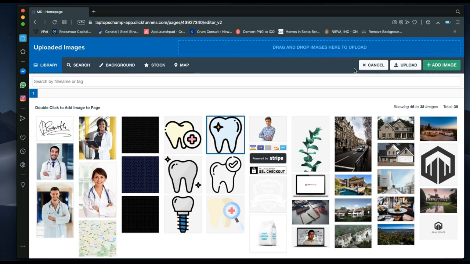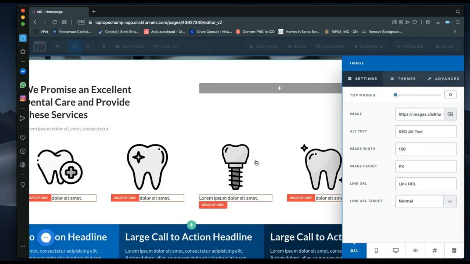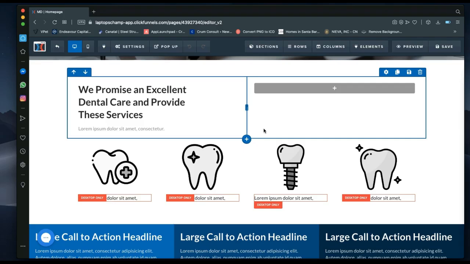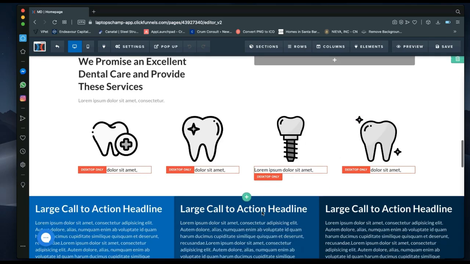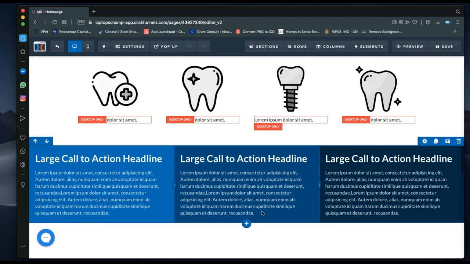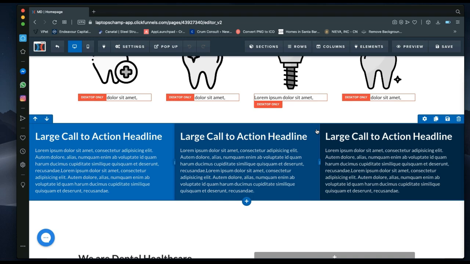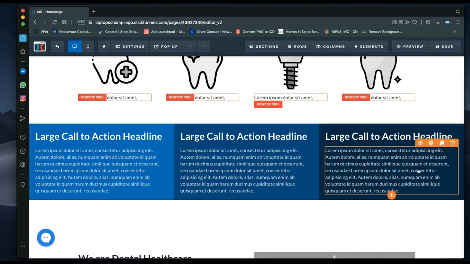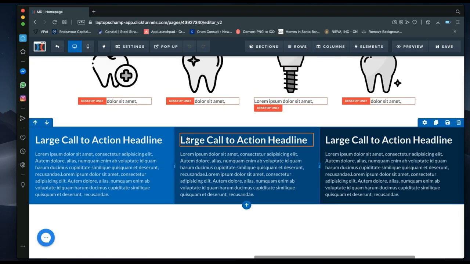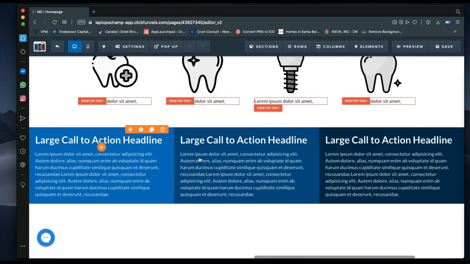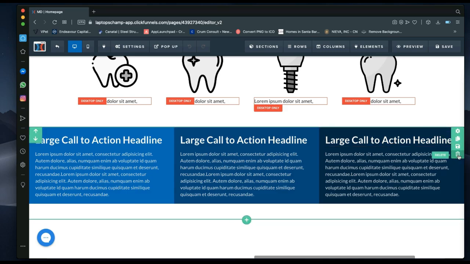Okay, so if you've got better icons you want to use, you can download them from Flat Icons. That's where I get all my icons from, Flat Icons. They are also free, so you have no problem with that. Okay, so you want to add some text here. It could be whatever it is. It could be little testimonials if you want, or a bit more. Or if you feel like you don't have anything to say, you can delete this section entirely, and it goes